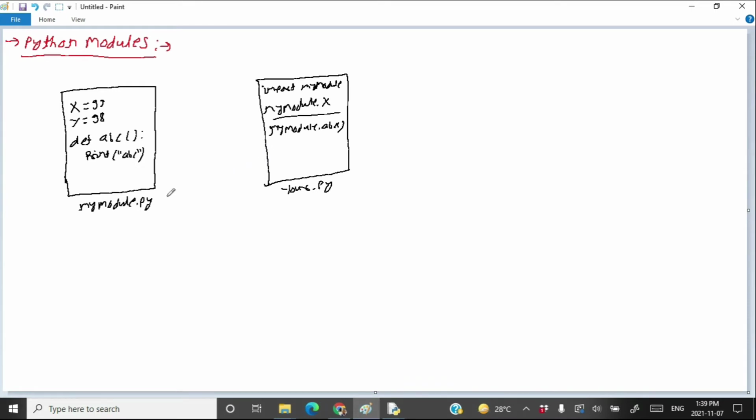You have to create a module in which you can accommodate various variables and various functions. Then you have to create a Python file in which you have to import the module mymodule, and after importing a module, you can use its variables and its functions inside your Python file. And this is how it works. So first let's create a module and let's use it in your Python program in order to understand it.